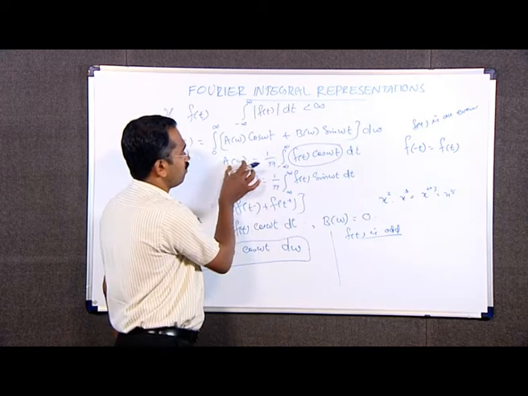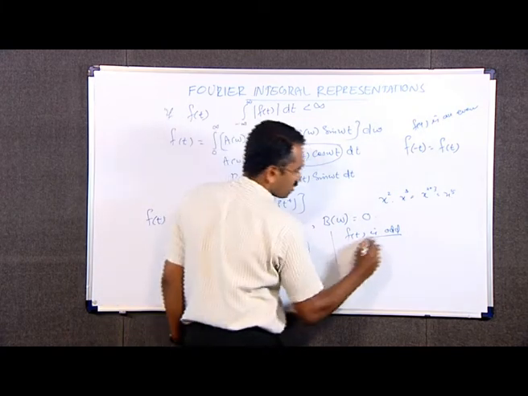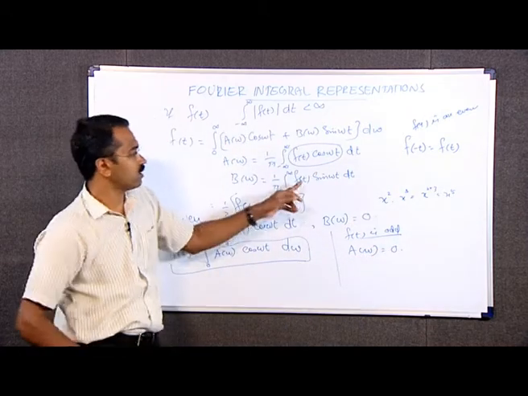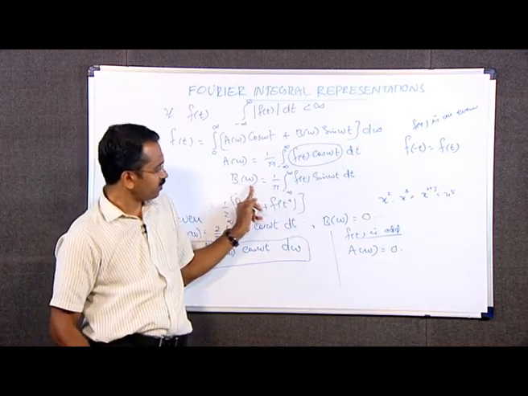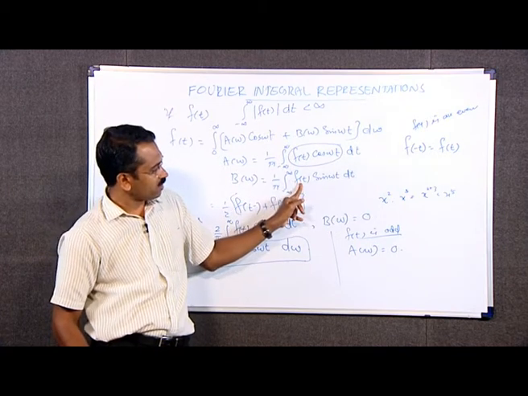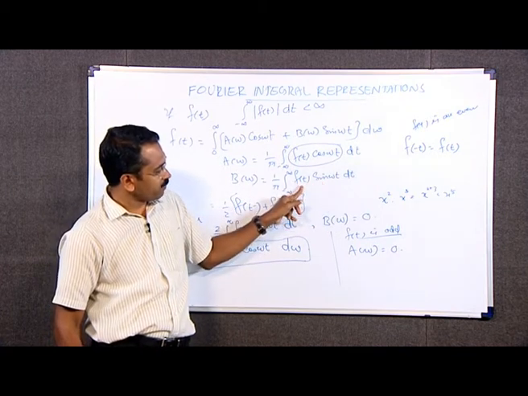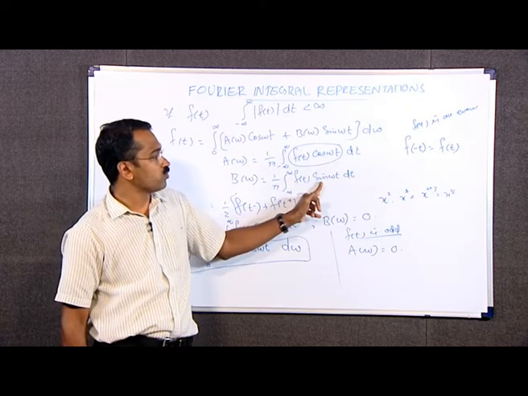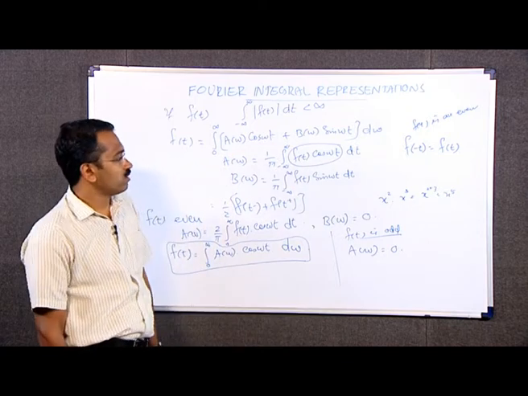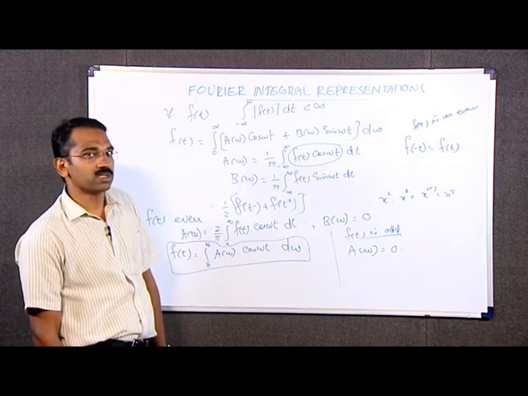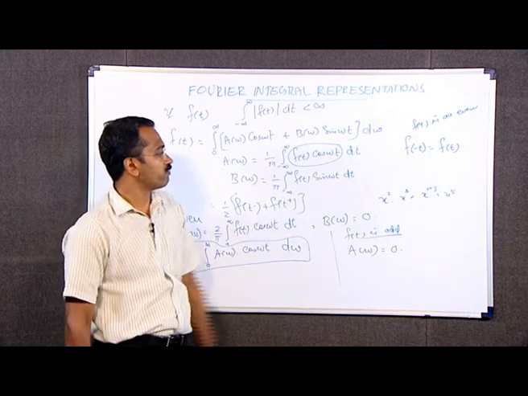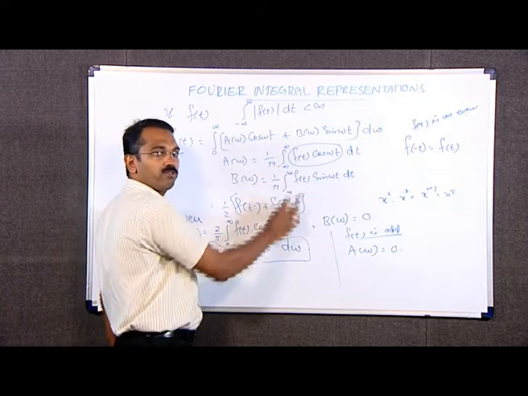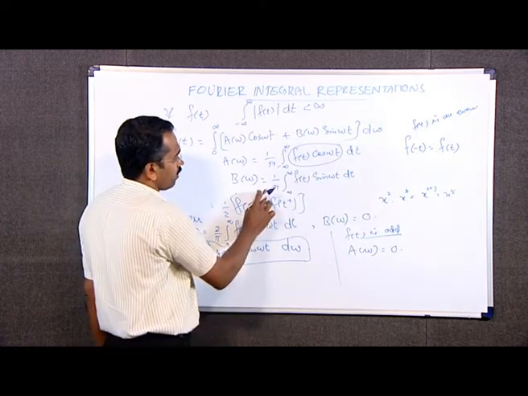Therefore, the value of a omega is 0, and in b omega, the integrand is f of t into sin omega t. f of t is odd, sin omega t is always odd. Therefore, an odd function into an odd function will become an even function. This product is an even function if f of t is odd. Therefore, by the property of definite integral, we can write